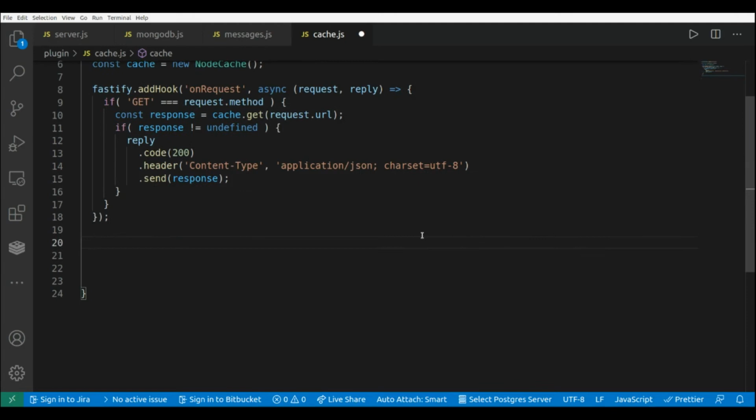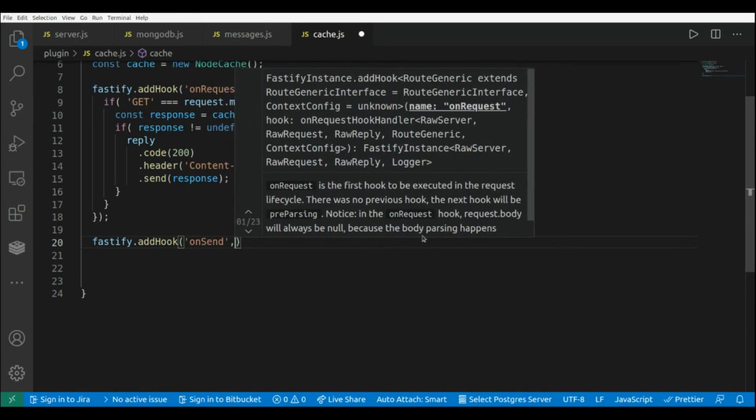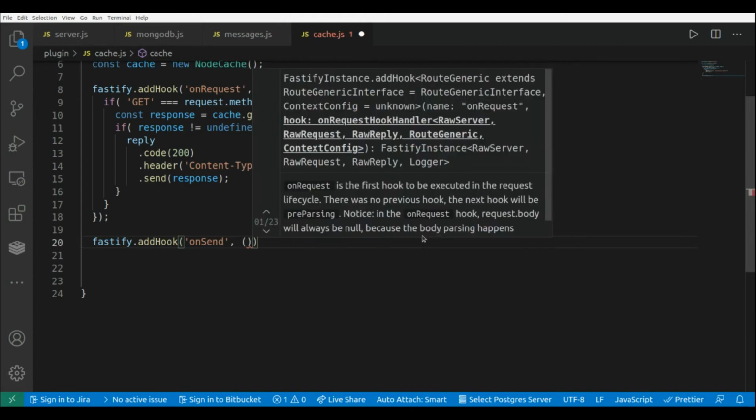Now I'm going to add another hook, that is the onSend hook. This hook is executed before we send the response back to the client, and it's executed after, in this case, after we got the data from the MongoDB database. So this is fastify.addHook, and this is onSend, and this hook also happens before the onResponse hook, that is the last hook that is executed in the Fastify lifecycle. And here we have a handler,